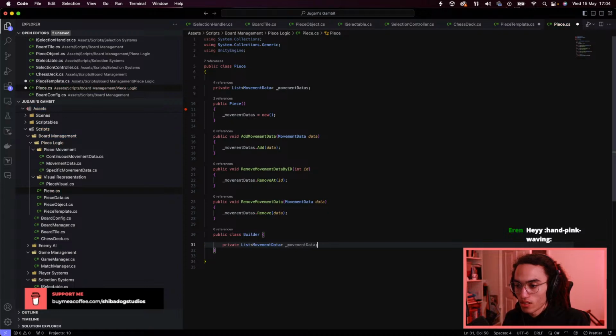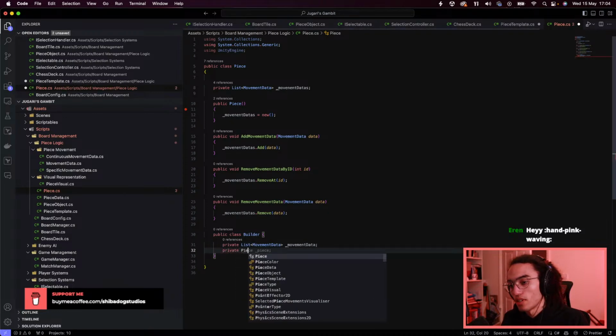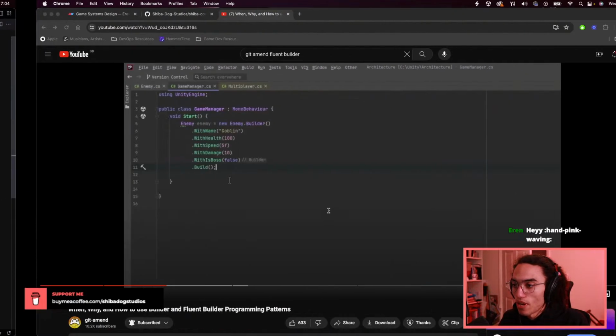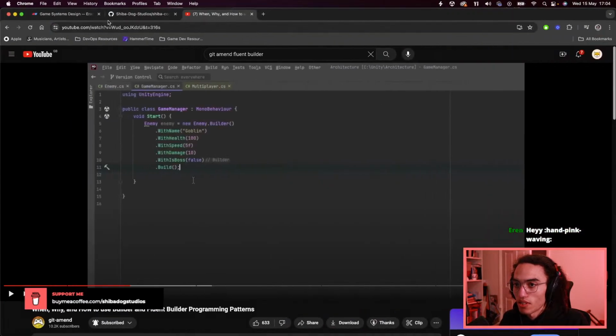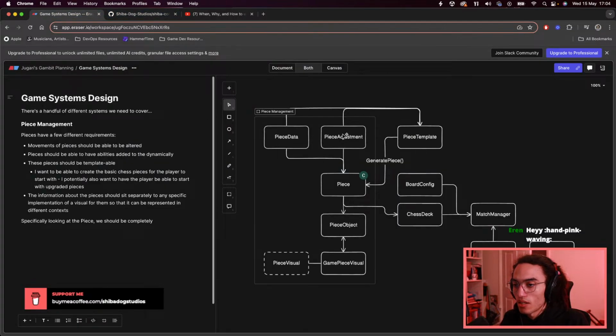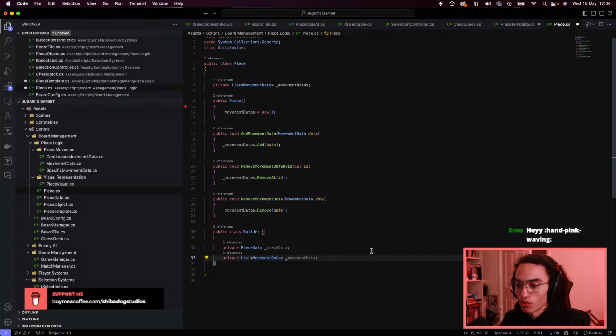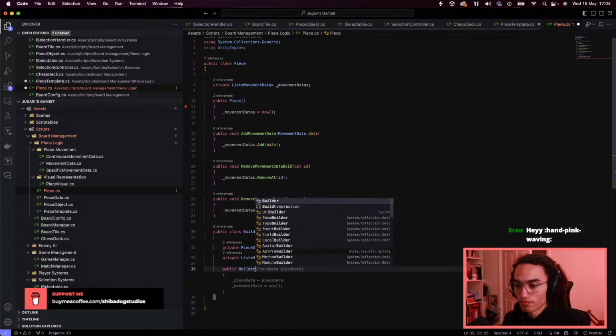We want to have a private piece data, and it's actually going to be the case that we replace... yeah, we'll have a piece data and a list of piece adjustments, like so, and then we'll do a public builder